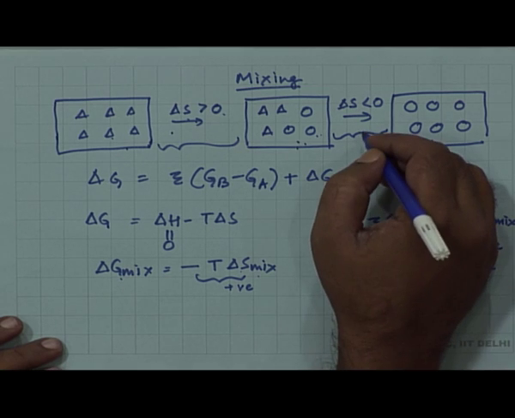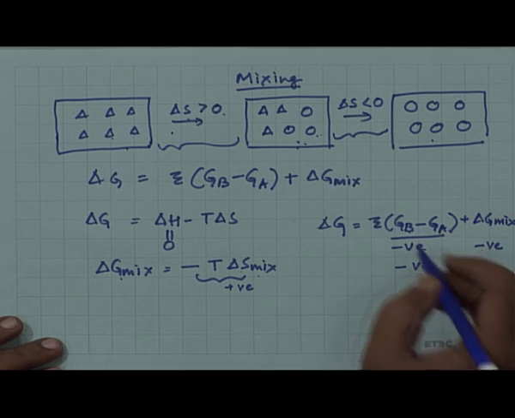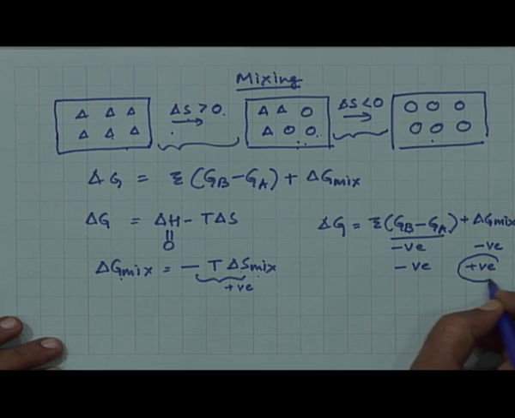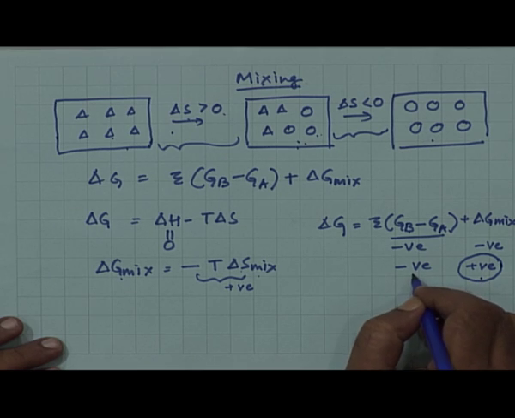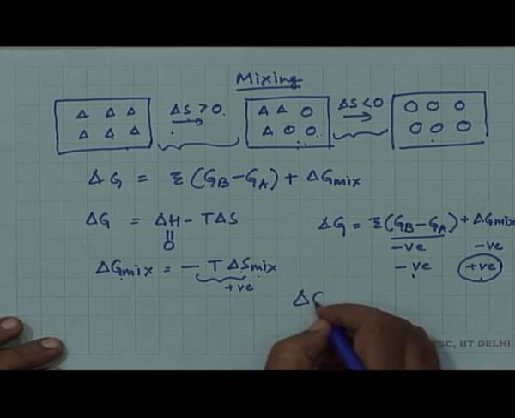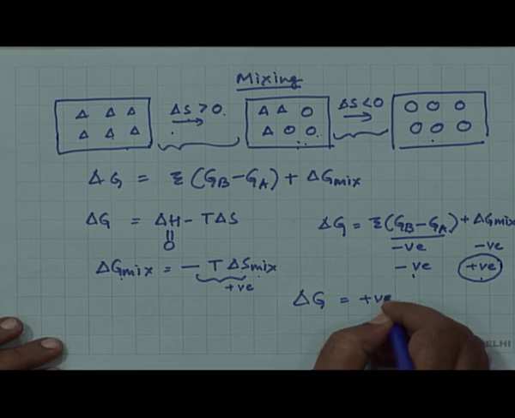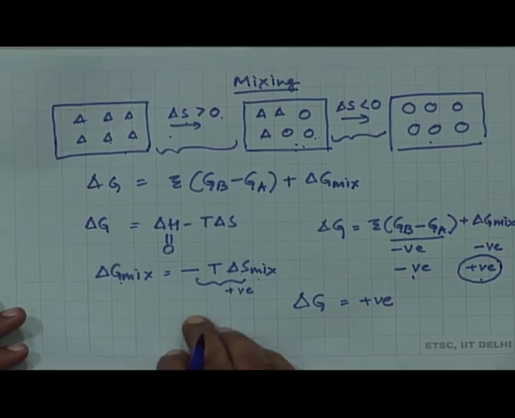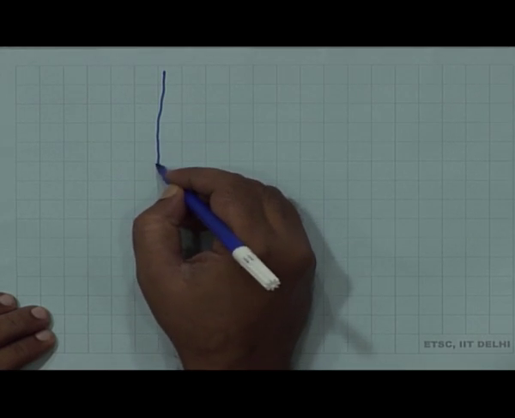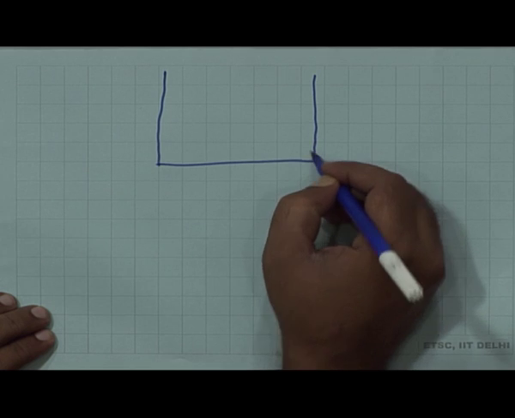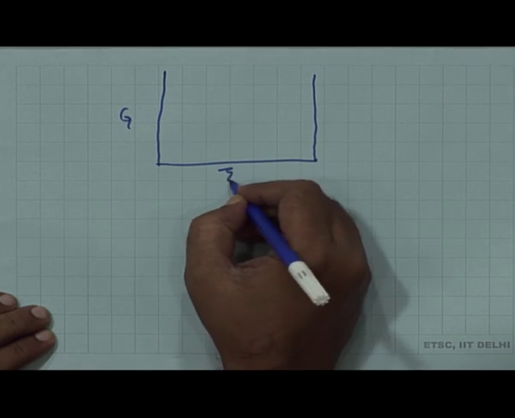When you are working with this state delta positive, there will be a time when this factor outweighs the negative part, and in that case delta G becomes positive. So, if we plot G versus E again,